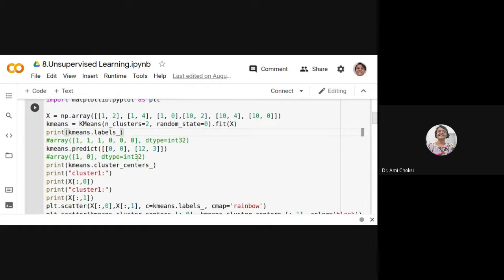Now after that, what is the case? kmeans.predict. We want to predict for the unknown data, whether it is part of cluster 1 or cluster 2, or you can say cluster 0 or cluster 1, right? So this is what we want to get.